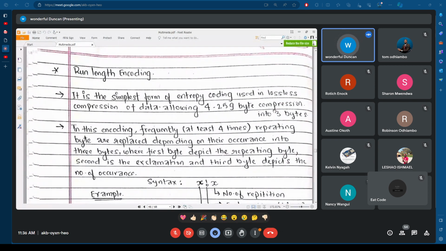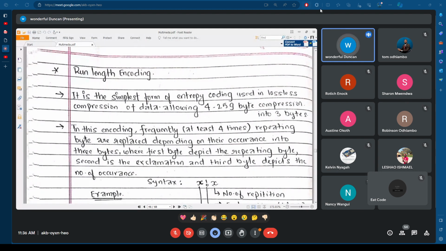Allowing 4 to 25 megabytes compression into 3 bytes. A byte has 8 bits, so 8 bits form 1 byte. So when we have 3 bytes, those are 24 bits. And you can write in this encoding